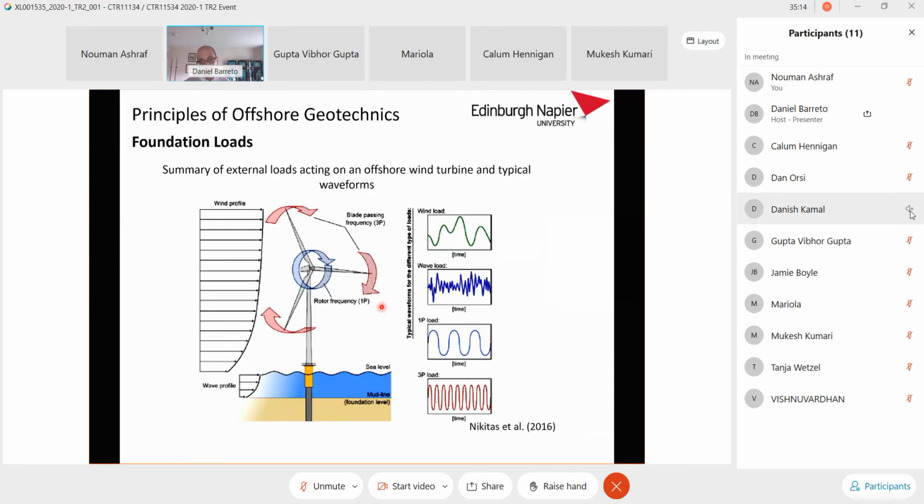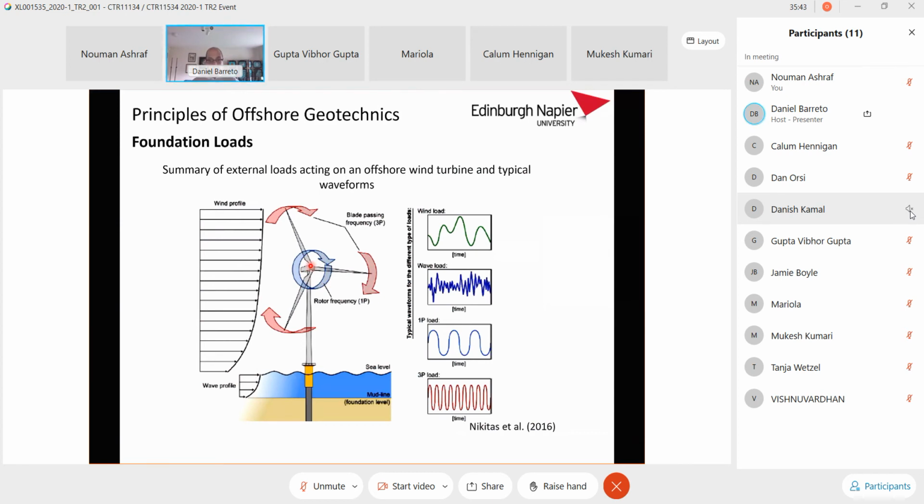I do spend also some time highlighting in the lecture that you are not only dealing with environmental loads like the waves and the wind loads, in addition to the structural loads, which I was just mentioning, but you have to deal also with these two dynamic loads, one which results from the rotor frequency, the engine that is just there,